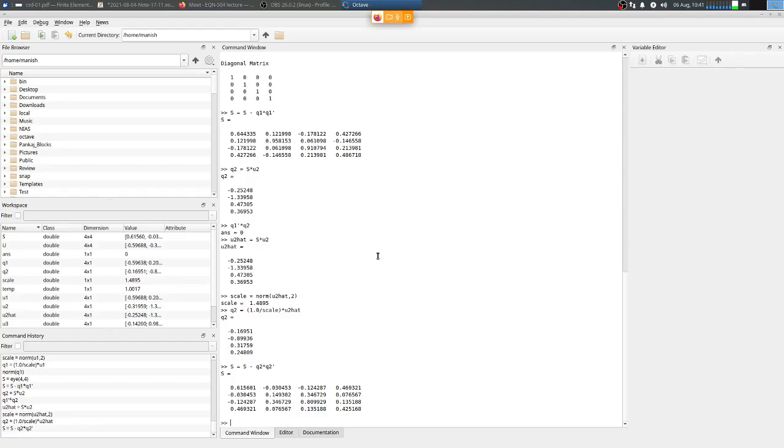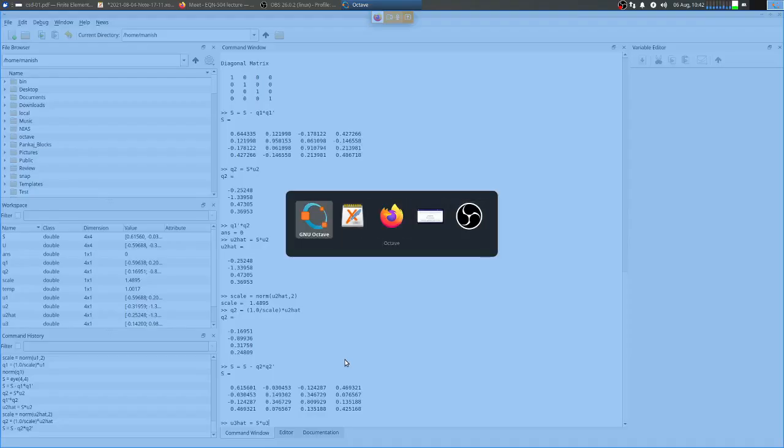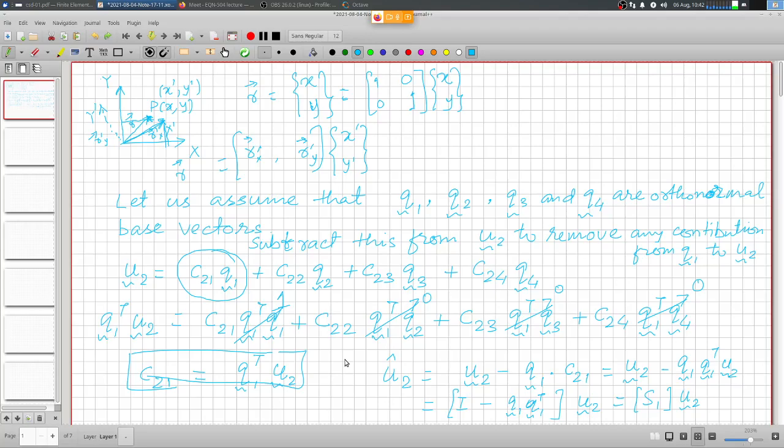Now this new sweeping matrix modifies the identity matrix by removing the traces of q1, and in addition to removing the traces of q1, it also now removes the traces of q2. So now I can define u3 hat as S multiplied by u3. So this will remove